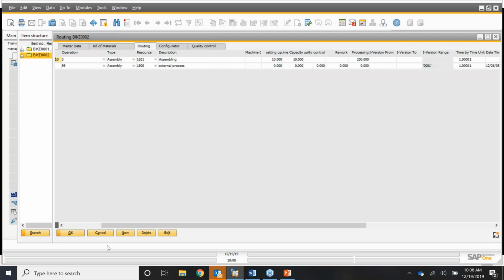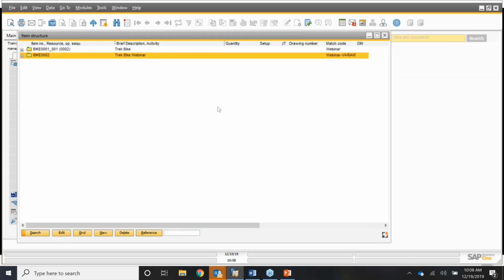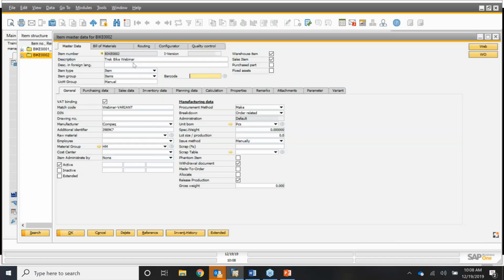So if I go in here now, I'm going to click OK. And you saw already I have some different ones. I didn't want to get out from the item master. What's really nice is also if you go to calculation